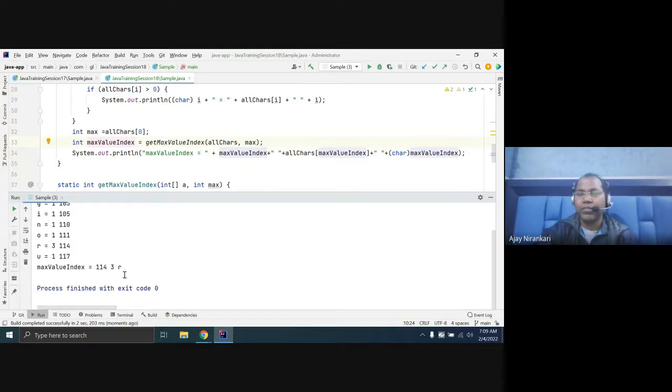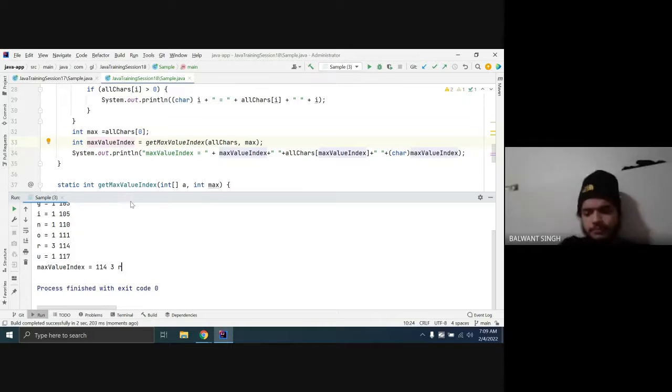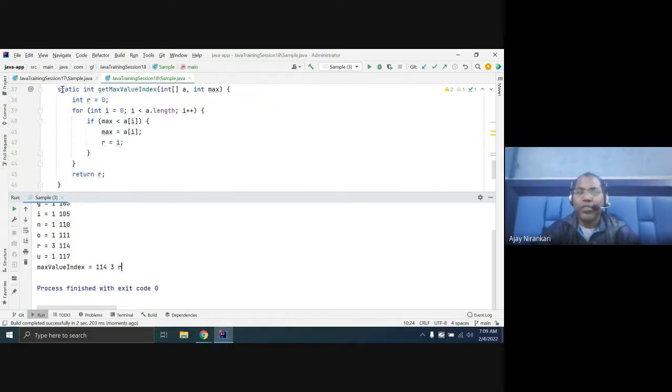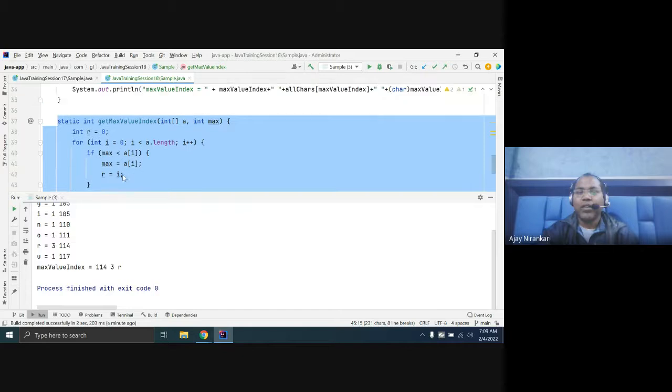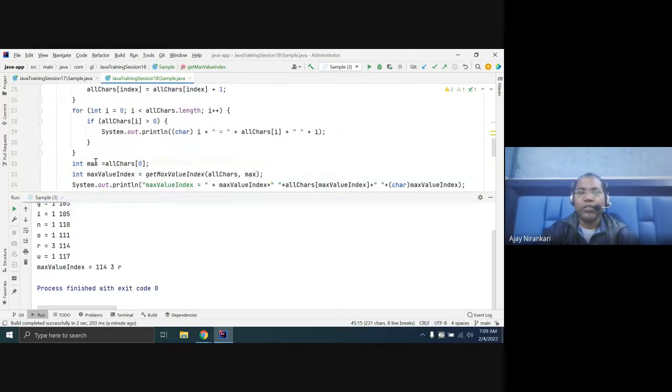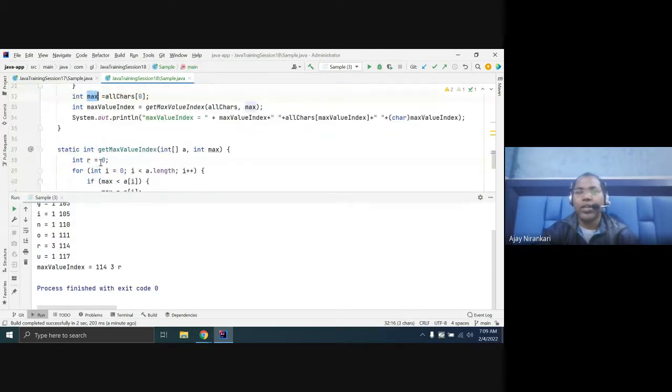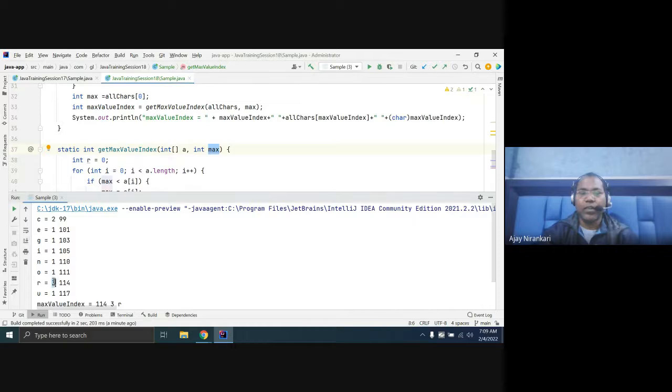Is it correct? Yes, sir. So first thing you write this method. This method first passes the maximum, and it returns the next maximum, whatever value you pass here. So next time you are getting the 3. So next time what do you pass? Next time you pass 3. Okay. So you are getting the next maximum, right?